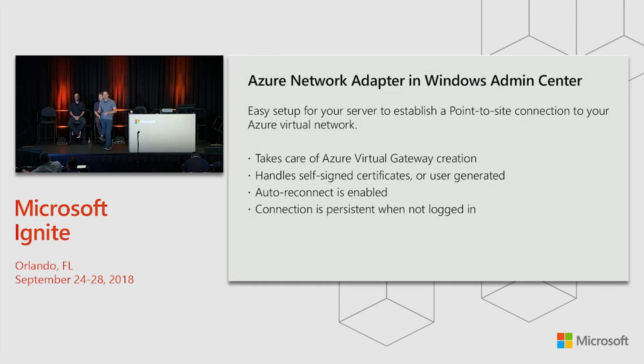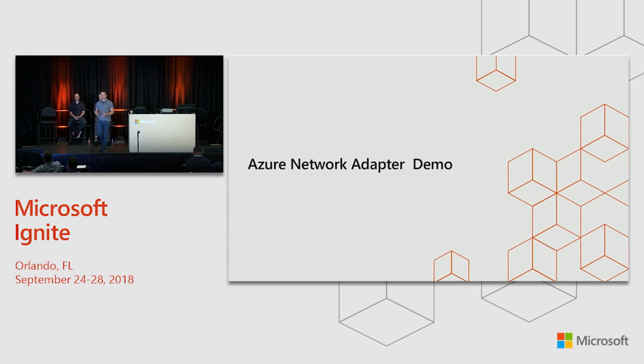We then set up the connection to be as persistent as possible given the technology that's in the box in Windows Server. We set it up to be persistent, to be established by the server that's establishing the connection, and to auto-reconnect as needed if that connection does go down. And we also want to make sure that even if you're not logged in to that machine, that connection stays up as well. So let's actually go through and take a look.